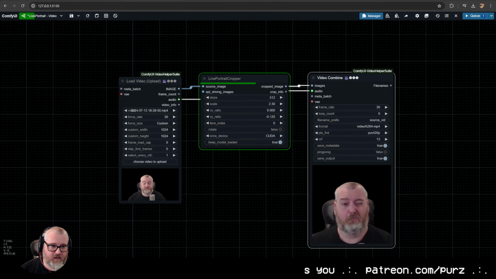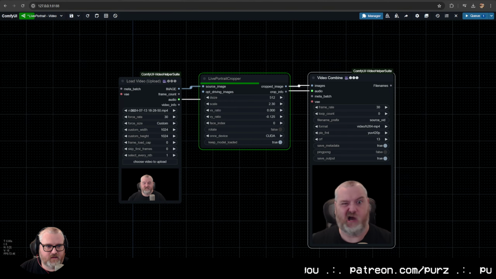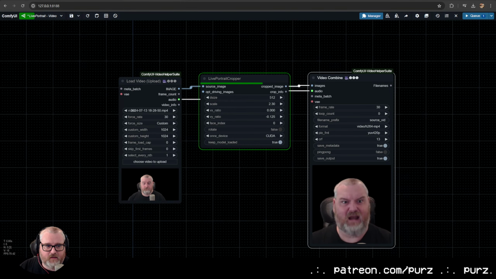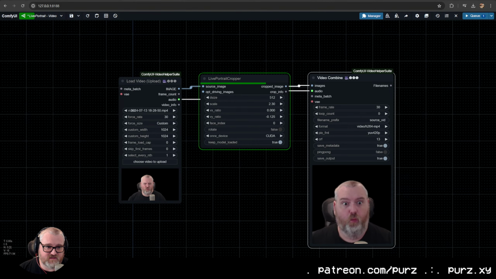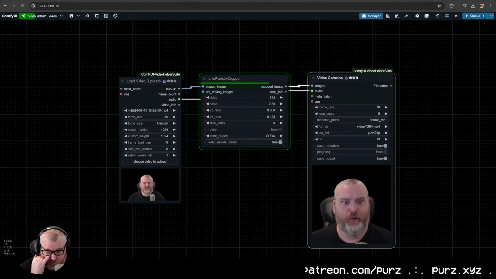Live Portrait came out, and it's really cool. I want to show you guys how to use it locally. It can be a bit of a pain to install. I left this one intermediate because the installation is actually the hardest part of this. The tool itself is quite easy to use, but